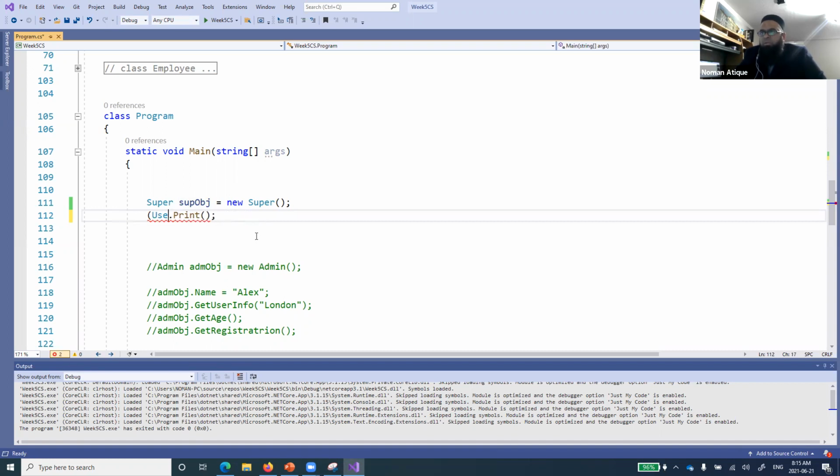Okay, so let's talk about the other method first. So this was the definition. Now you see, there's another method of accessing the parent class method.